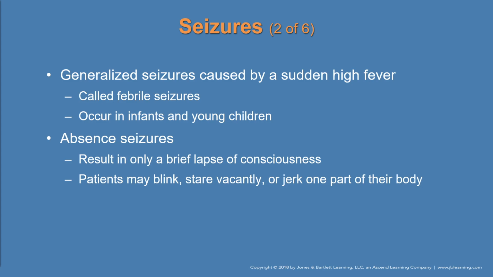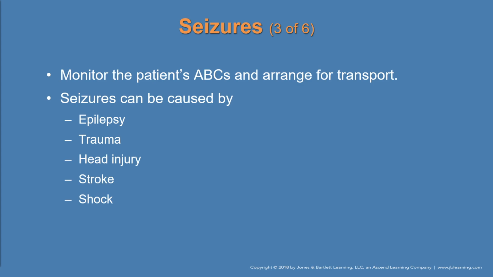Some seizures result in only a brief lapse of consciousness. These seizures are called absence seizures, and they manifest in a variety of different ways. Patients may blink their eyes, stare vacantly, jerk one part of their body, lick their lips, or repeat a word over and over again. These are, again, generally not life-threatening, but if they happen, you're primarily concerned with A, B, and C. So you have to maintain and monitor ABCs and arrange transport to an appropriate medical facility